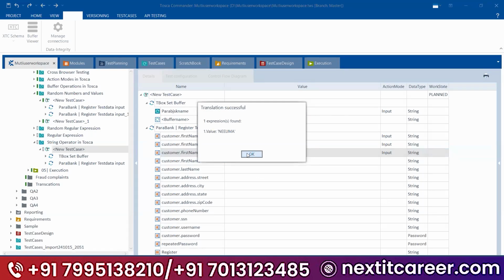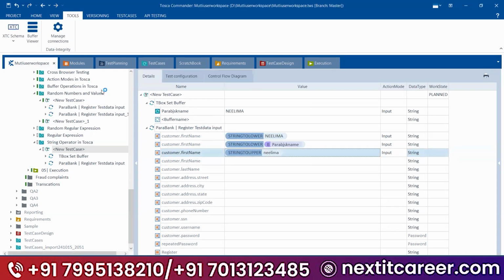Now, after that, what is the next thing? See, guys, generally if you want to manipulate any particular string, you will use the string operators in Tosca. For example, if you are taking a value from the web application and you want to use that value in the upcoming test cases, then you will use the string operators.